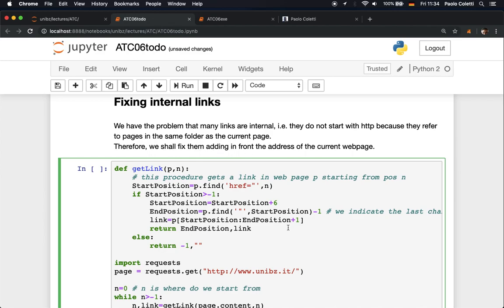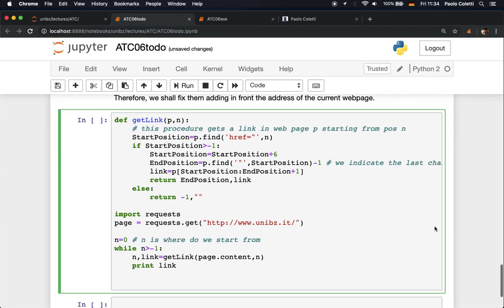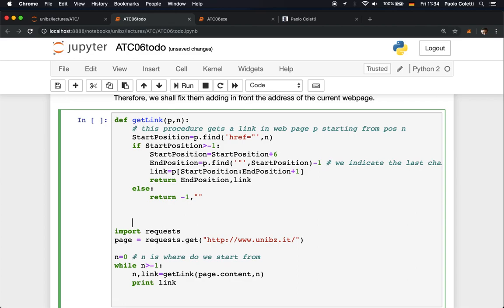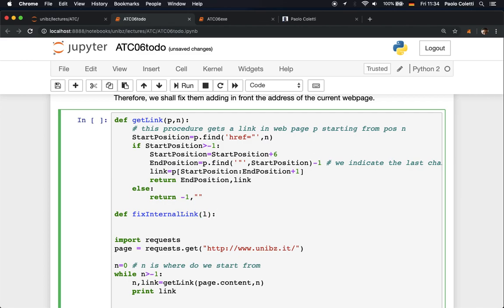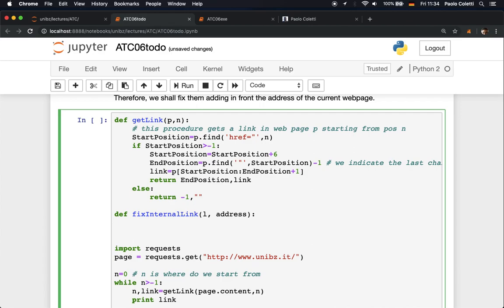Okay, so we have to build, for example, a procedure called fix internal link. This procedure takes an internal link called L. It will return the internal link fixed. Okay. It will attach the address, which will be this one. So we modify the program a little bit. Address equal http://